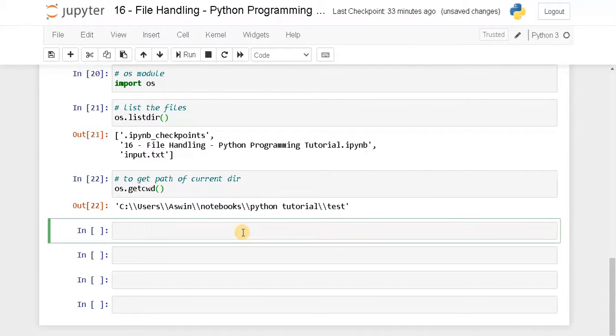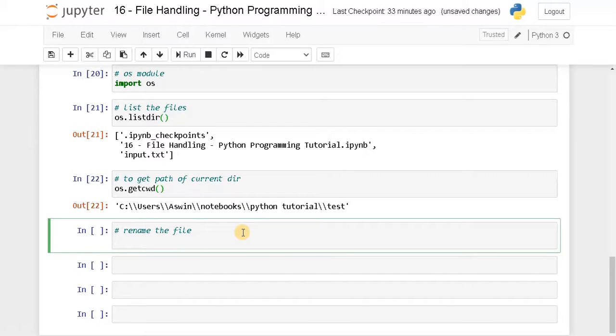Let's see about renaming the file. The syntax is os.rename, the current file name, that will be input.txt, and the new file name, that will be test.txt. Now run it.